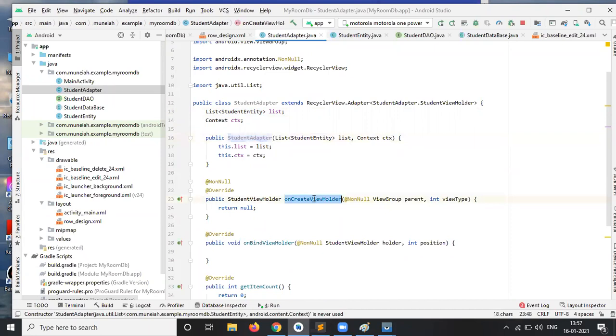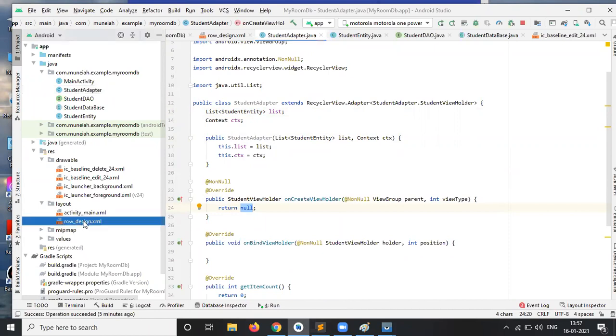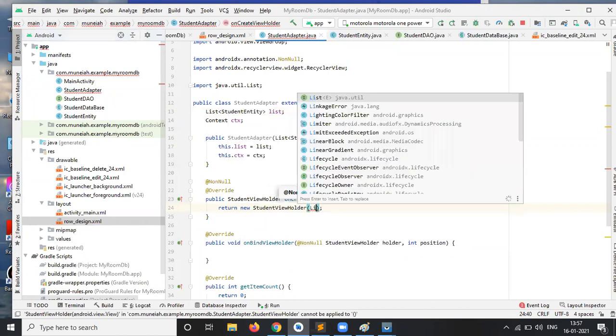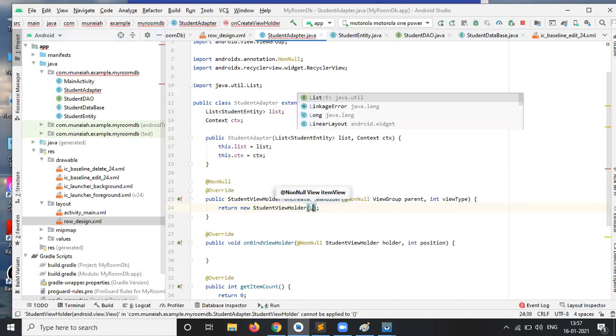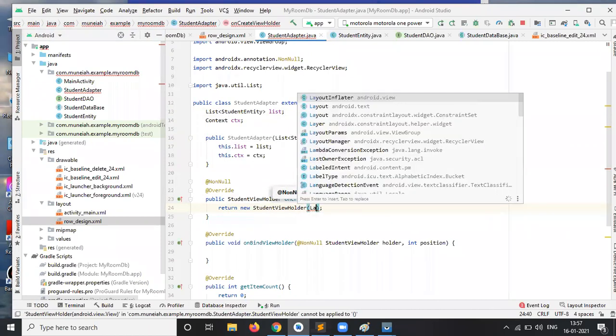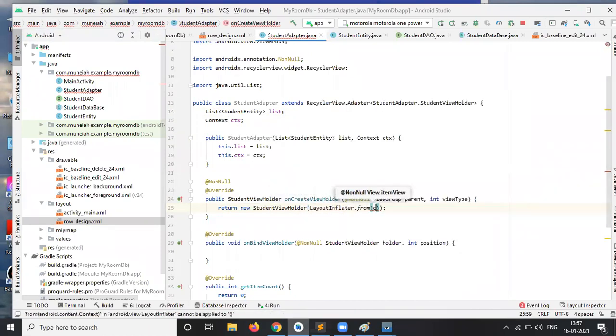Now in the onCreateViewHolder method, I need to inflate this row_design XML file. Inflate means combining. So new StudentViewHolder, and within that pass what we need to pass here: LayoutInflater.from, and from where? ctx, the context. The context is our main activity.